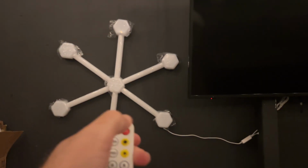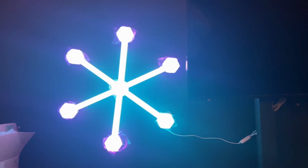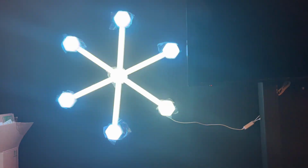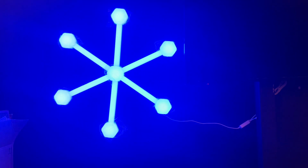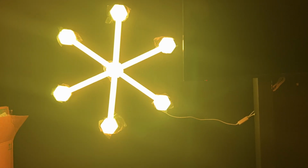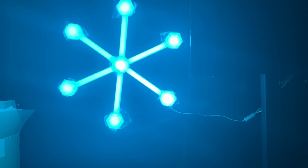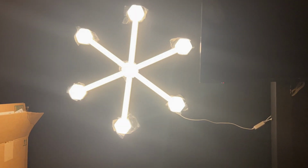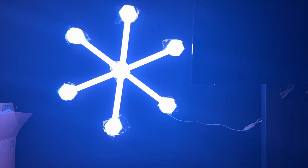I am going to use the remote. Okay, as you can see, you have a lot of different ways, like red, green, blue, yellow, orange, another shade of green, warm white, cold white, okay, and like an automatic rainbow mode or